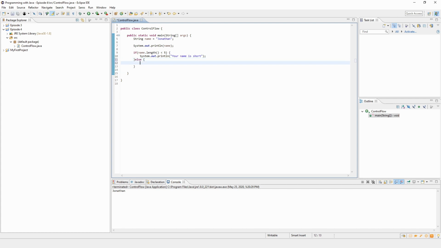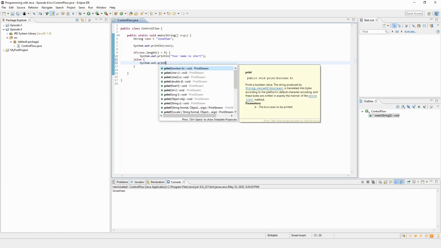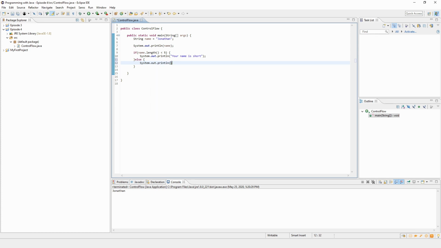Now if we do want to print out something if it's not less than 5, we can do an else right here, and we can print out system.out.println, your name is long, or something like that. So now if we push run,